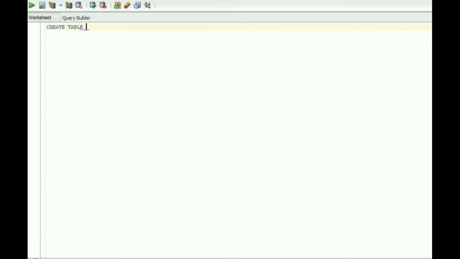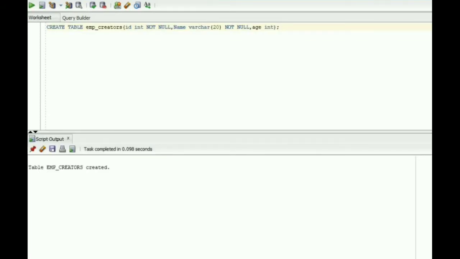Create table imp creators, id int not null, comma name, its data type that is varchar, its size I am giving 20 here, not null, comma age, data type integer, bracket close, then semicolon. Table created. Let me insert some data into the table.